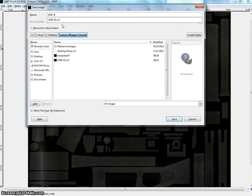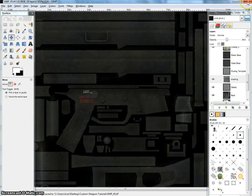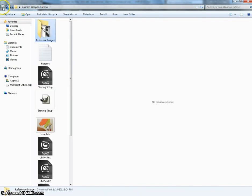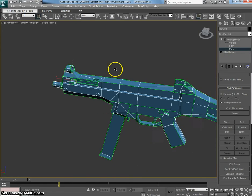UMP45 without any spaces .tif. Export, save. Alright, now you can go ahead and close GIMP. And here's your texture. So in 3ds,